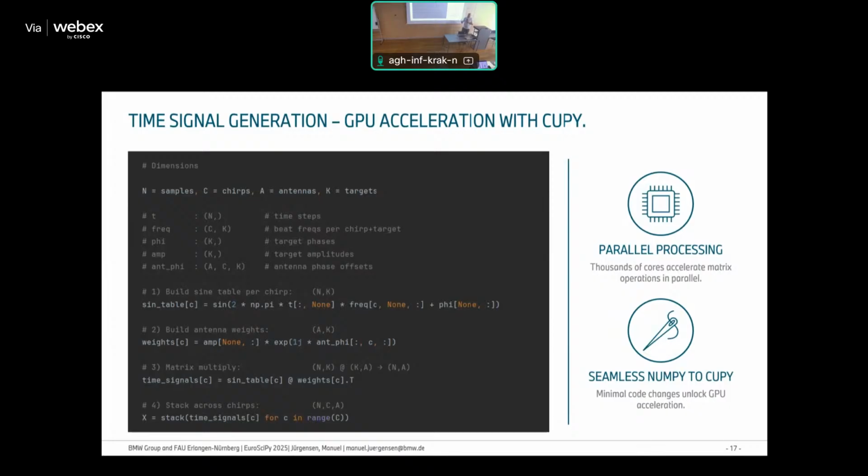You can choose the batch size, and then it works. And the cool thing is that the framework also works on CPUs. It works on CPU laptops and on GPU systems. So if you have a smaller scenario you want to simulate, you can do that on